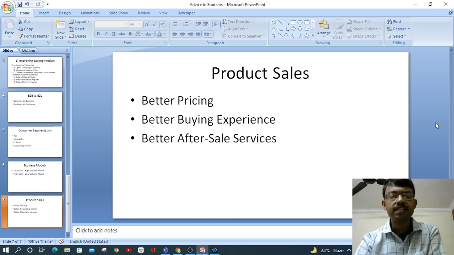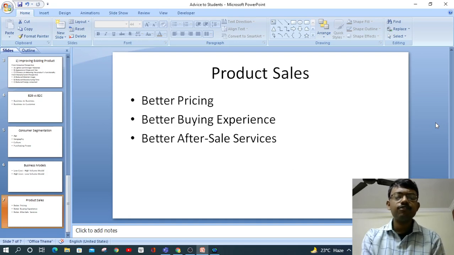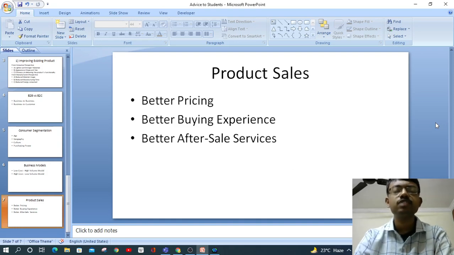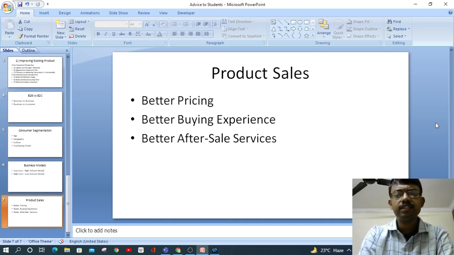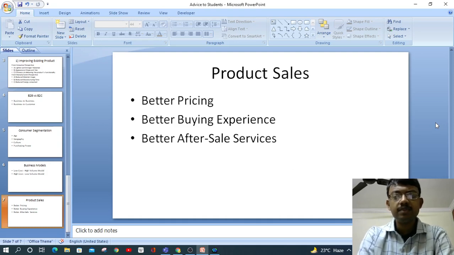And after sale services also. Even though the product you're trying to make is very basic in nature, you can still focus on its after sale service. Let me give you a very basic example. We use pens to write every day. In a given year, how many pens would a student use? Probably around 20 to 30 pens. And even though refills or ink are available, why would a person go to buy a new pen rather than buying a refill? There could be some reason, right?